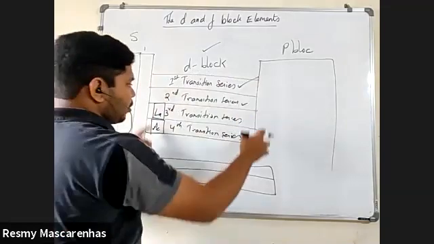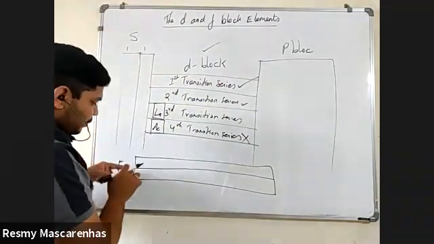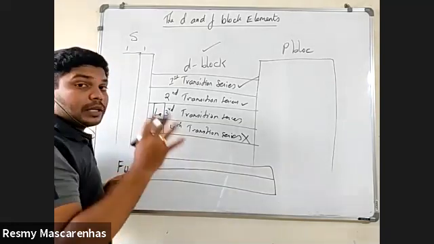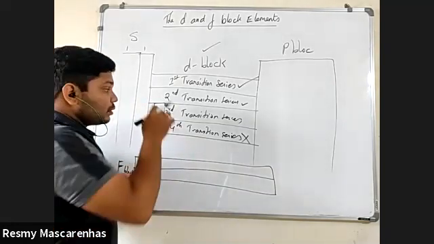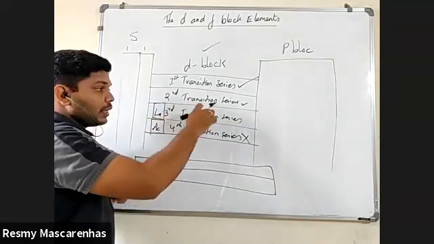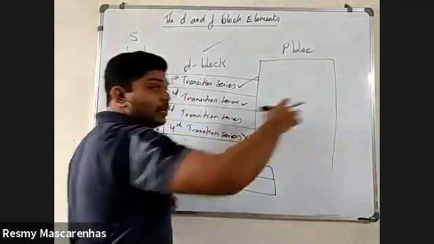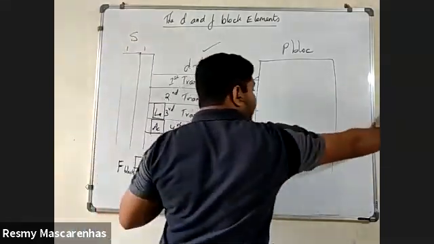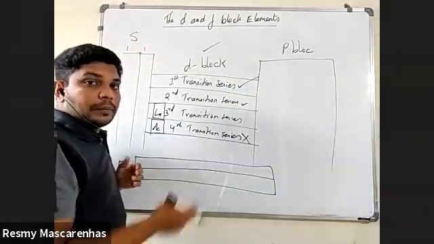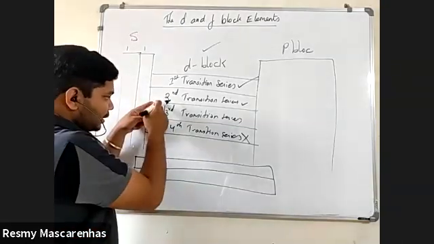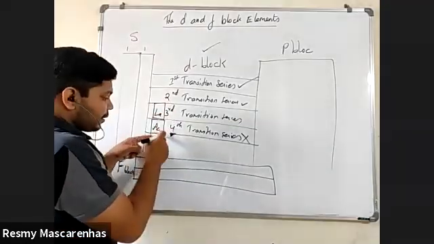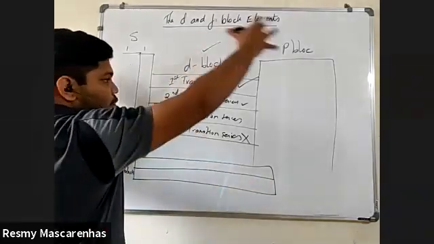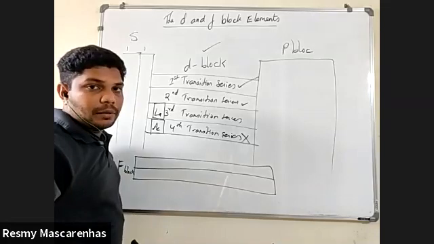So this is a D block element, and somewhere the F block element is in between. In the F block, 14 elements are there. If we mention all 14 elements, then again we have to mention 10 elements in the D block, so our periodic table would have been extended like this till here. Because of this, they mentioned that lanthanum is here, actinium is here, and both the elements they mentioned below, so that everything is clumped in one periodic table.